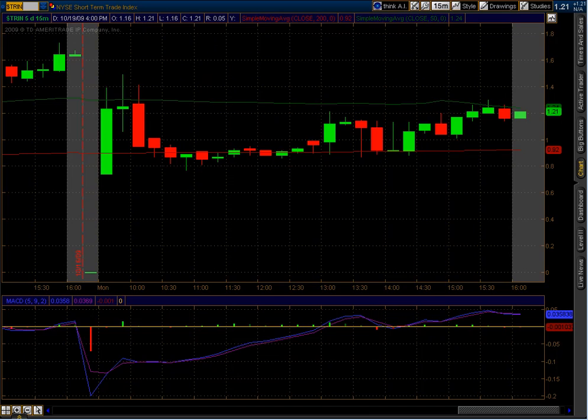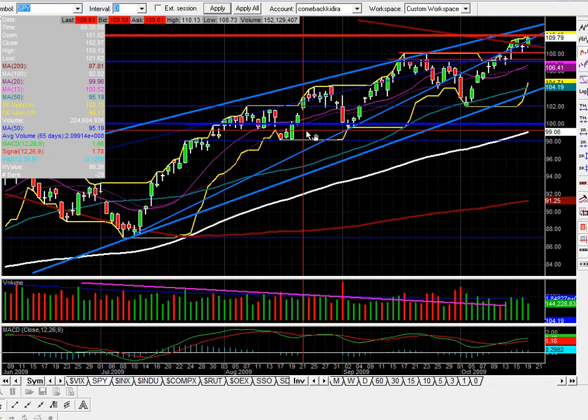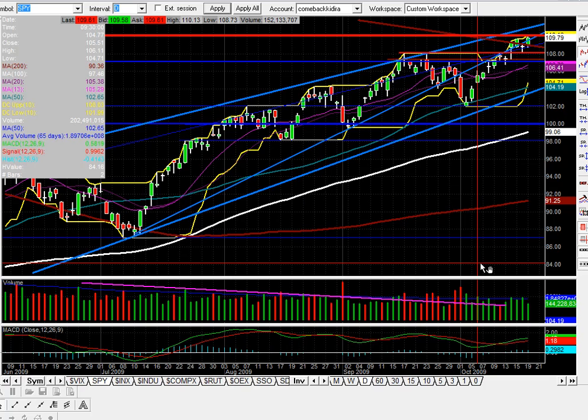Tonight, of course, we have Apple coming out and reporting earnings. They usually beat the street, and they usually give a good reason to buy stocks. They usually come out and beat estimates, but you never know. They could disappoint, or this could be a classic buy the rumor, sell the news situation where today traded up in anticipation of Apple's earnings, and then no matter what they say, even if it's good,